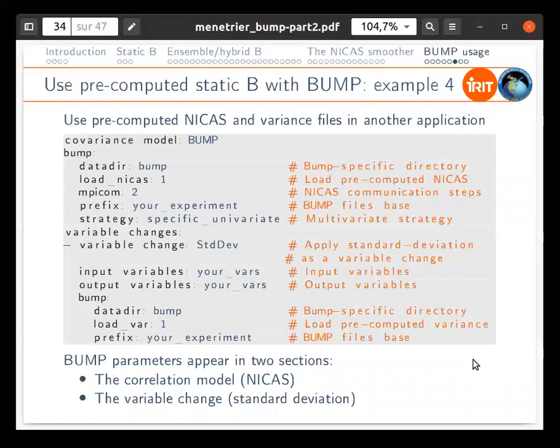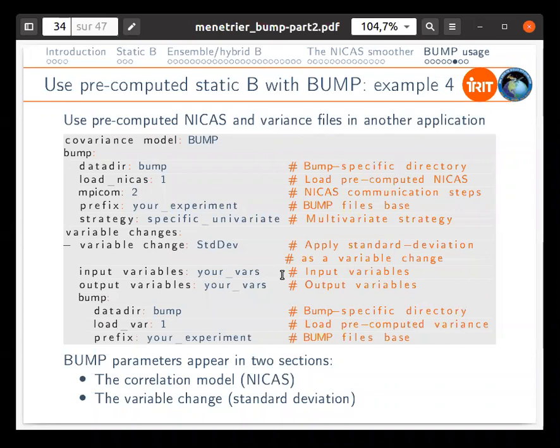You really have to do these two steps sequentially. So examples 1, 2, and 3 were useful for the first step, to compute the BUMP parameters. And here in this example, we just load the pre-computed NICAS and variance files,